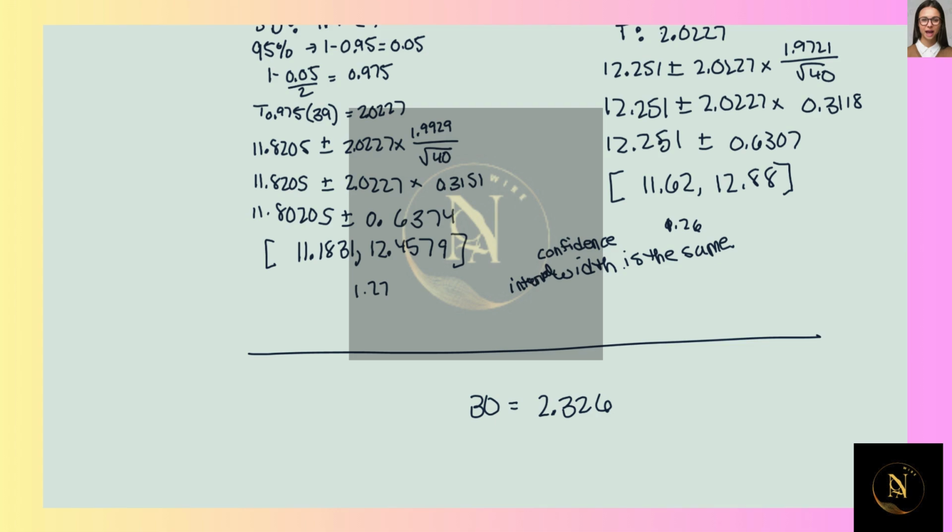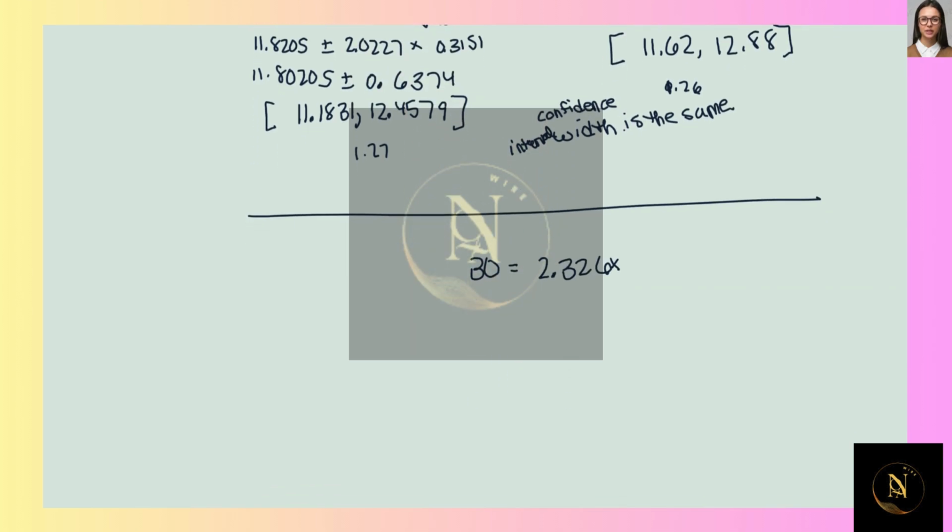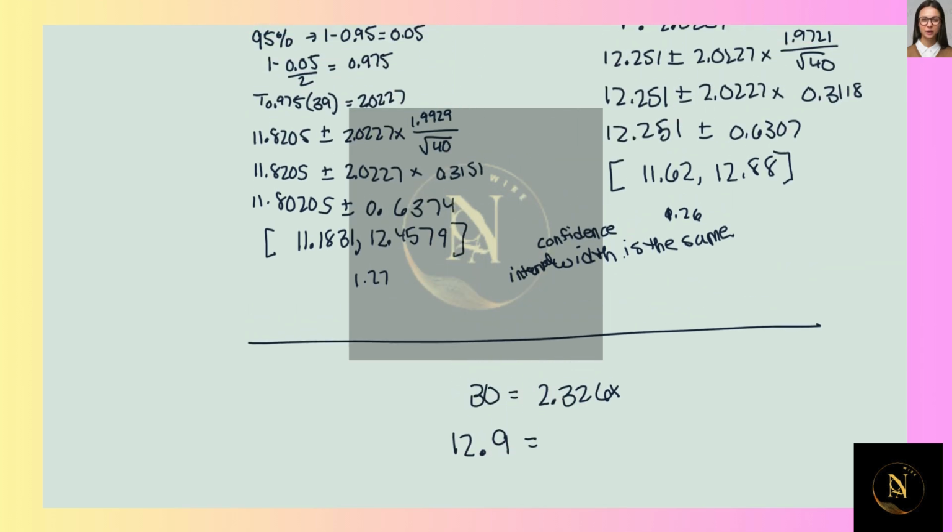So 30 divided by 2.326. So that would be 12.898. Oops. Actually, I'm just going to round this to the tenths place. 12.9 equals